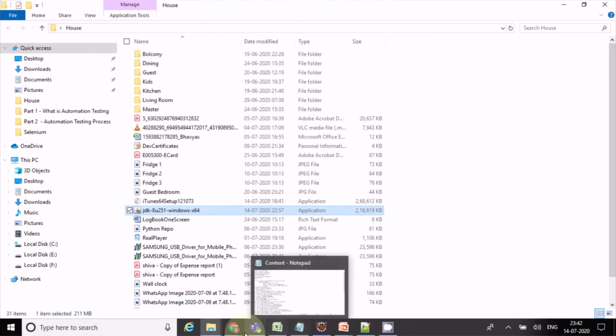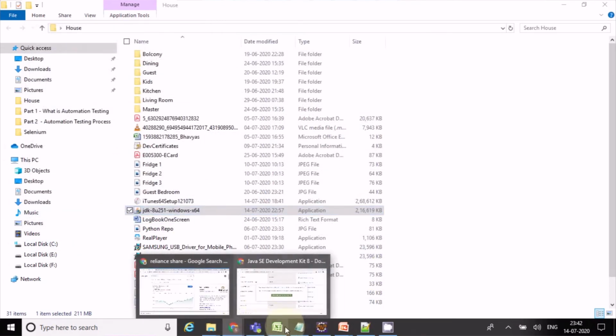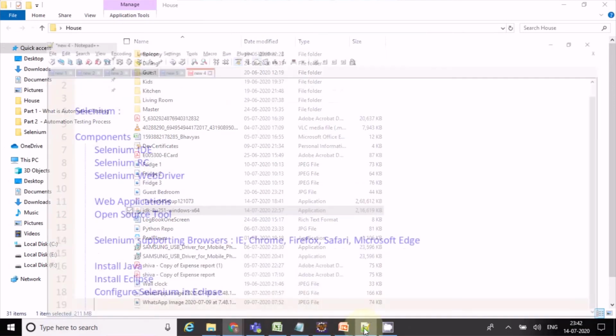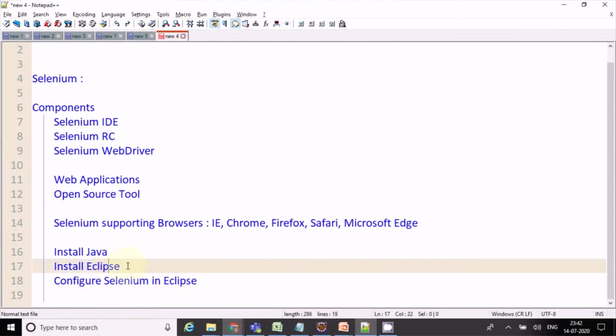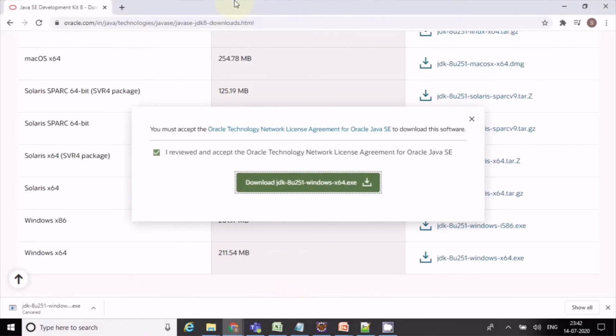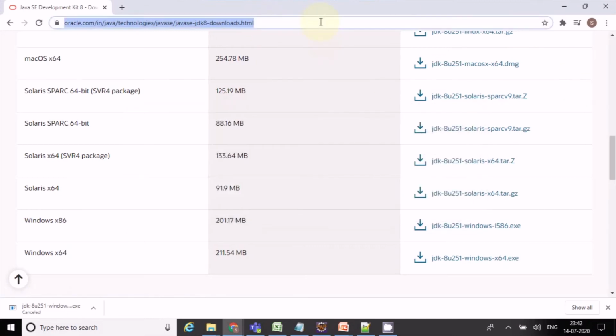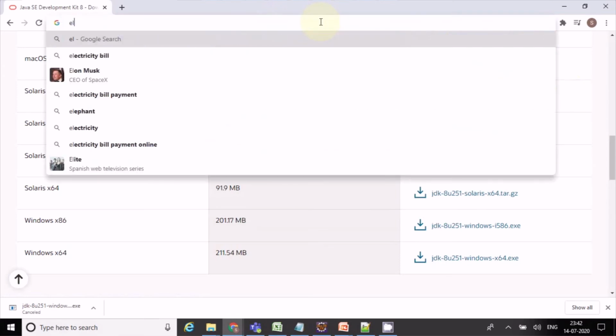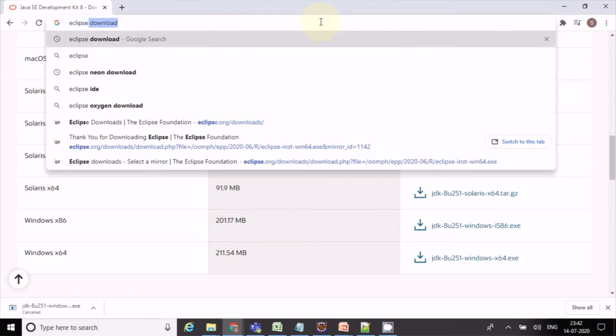Once Java is installed, the next step is we need to install Eclipse. Previously, we could download Eclipse directly and use it. For the latest versions, we need to install Eclipse.